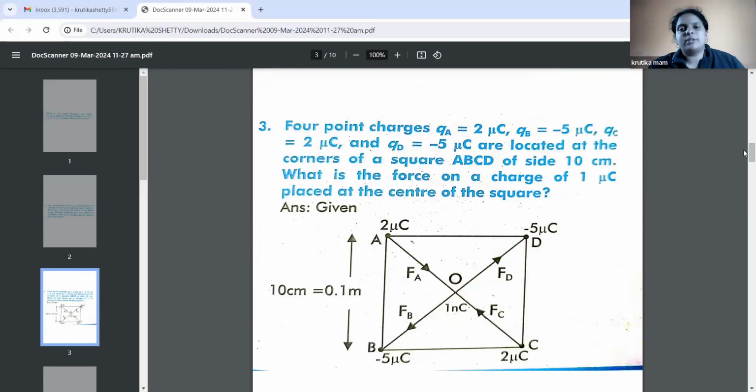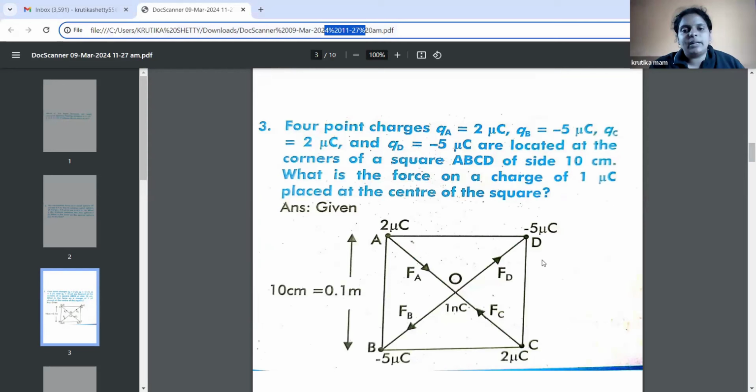The third question is based on the diagram. See, 4 point charges. You can see in the diagram there is a square, and at all the 4 corners we have the charges 2 microcoulomb, -5 microcoulomb, 2 microcoulomb and -5 microcoulomb, located at the corners of a square ABCD of side 10 centimeter. So the side is 10 centimeter. You have to convert it into meters. That is 0.1 meter. What is the force on the charge of 1 microcoulomb placed at the center of the